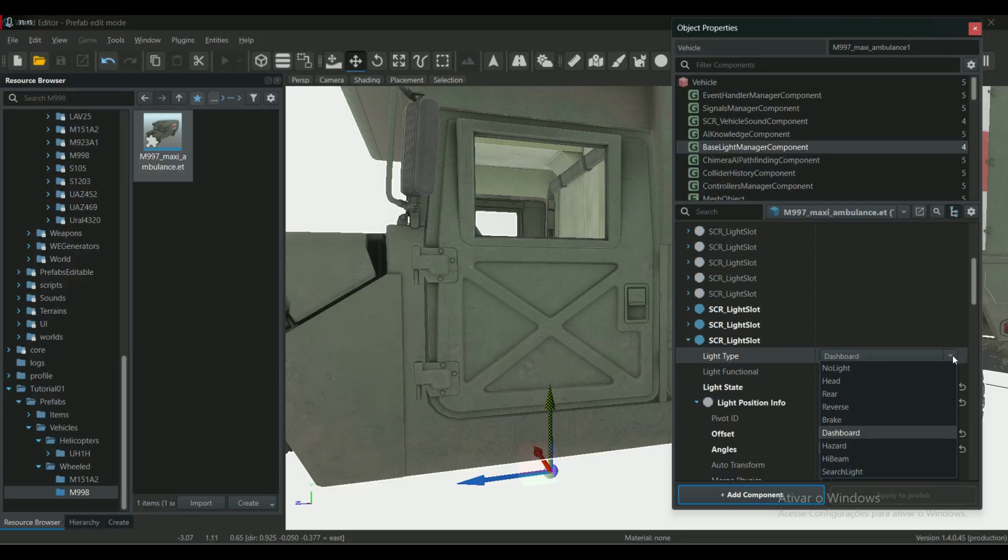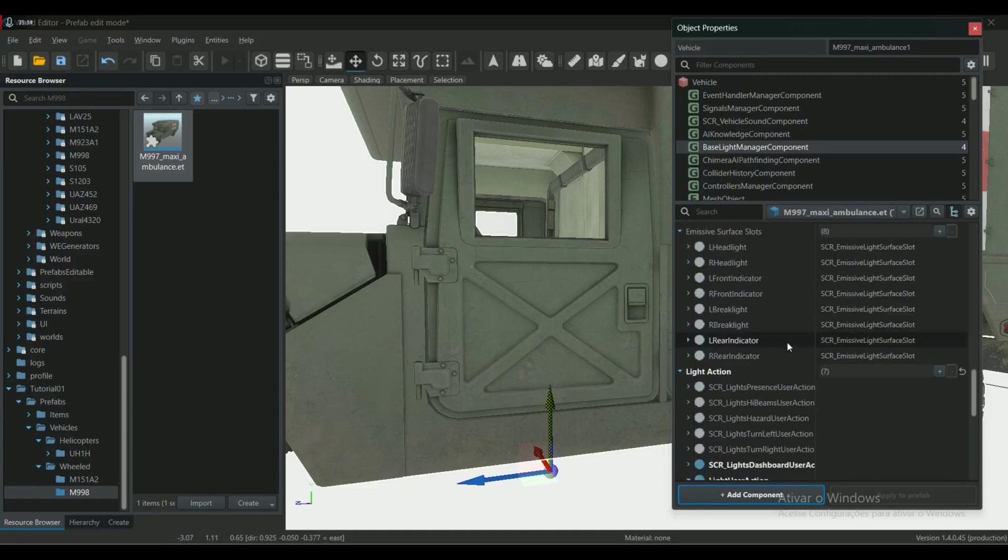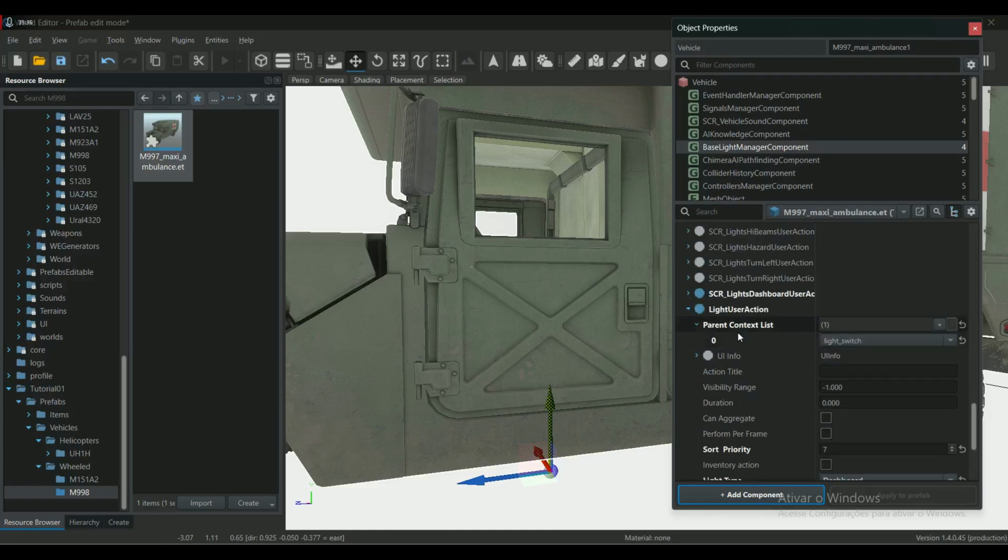I will make it the reverse group, okay? Remember, in the light slot it is not the type of emission, it's just a group. So I don't want this new cabin light to be in the dashboard group, I want it to be in the reverse group, okay? Now we are going to this new action here, which will be set in the light switch